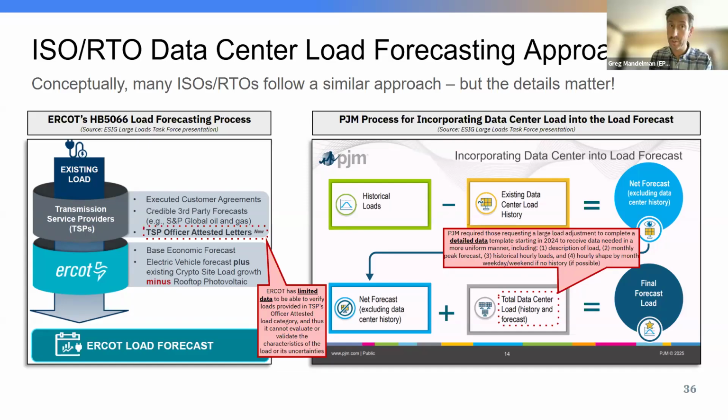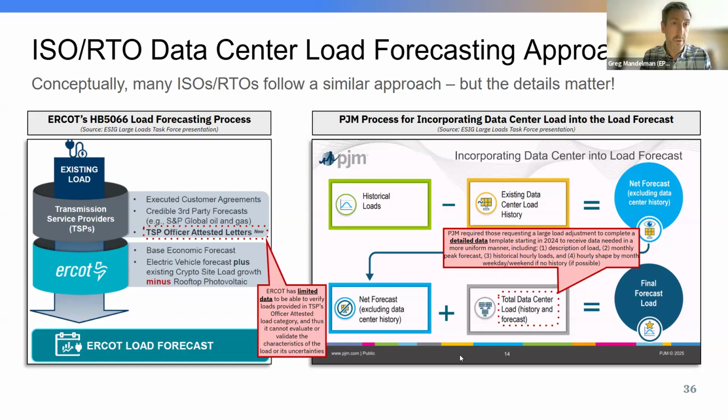That's slightly different from what occurs at PJM, where they require the population of this detailed data template that has many of the aspects that I've bulleted out in this call out, including hourly load shape estimations for the data centers. These are assumption based, to Chris's whole point, garbage in, garbage out. But the things that these entities are using to develop their forecasts are different due to different rules and different approaches to these issues. In the next slide, we're going to look at